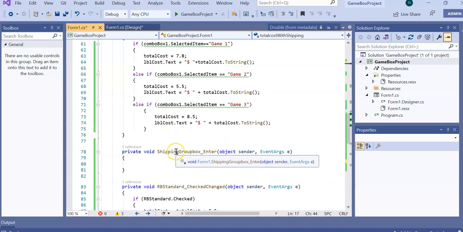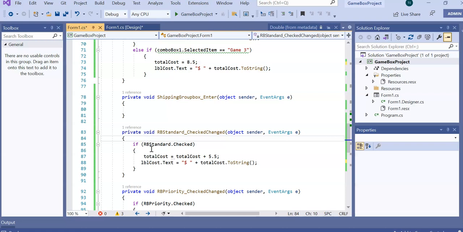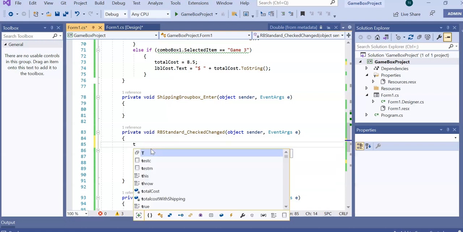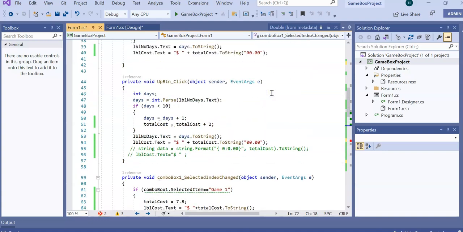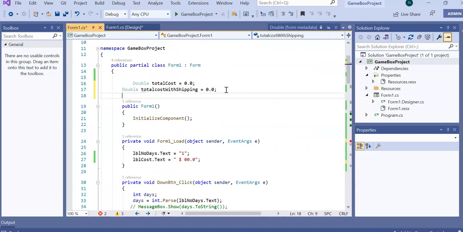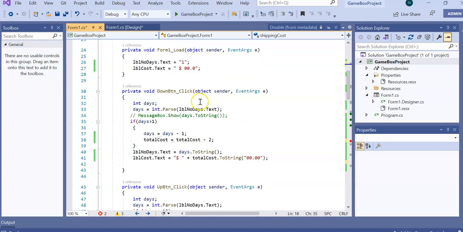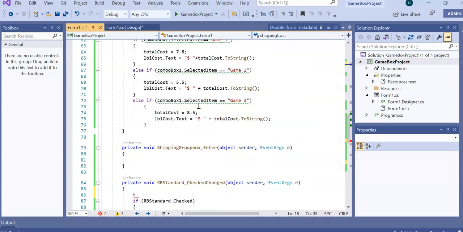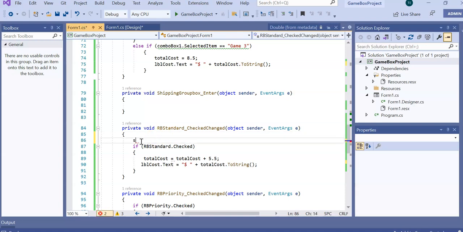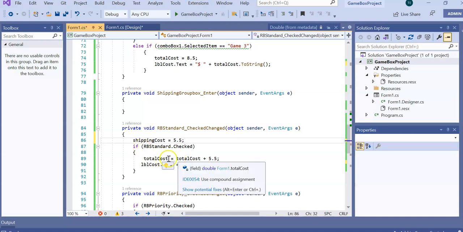So if you pick this one, so RB standard, so total or shipping cost. Let me do the 7. Okay, let me also do something called shipping cost. Shipping cost double. Shipping cost will be equal 0.0, you know. So shipping cost. So I'm going to come here. So my shipping cost in this case would be equal 5.5. Okay, 5.5. So total cost